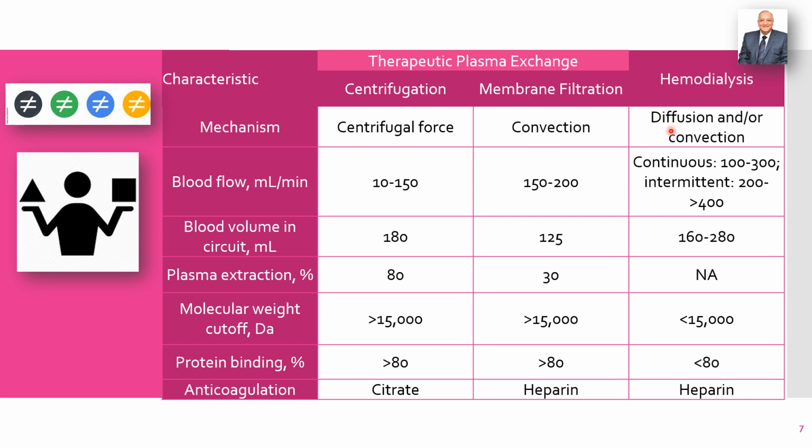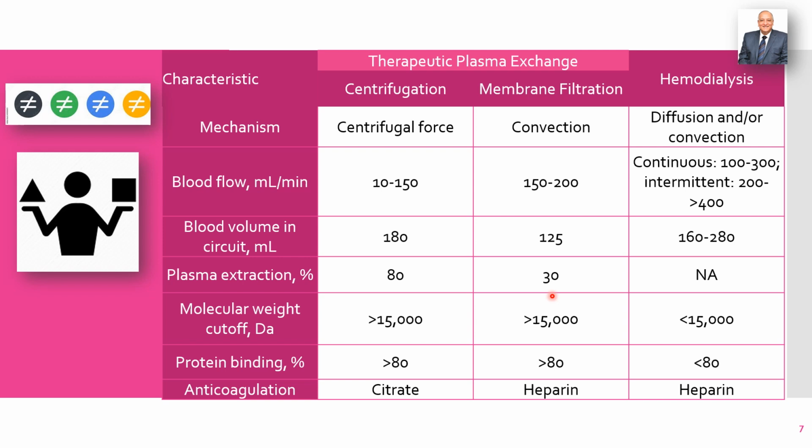being the main way in hemodialysis. Centrifugation needs lower blood flow, and you can use peripheral blood access, while membrane filtration and hemodialysis need higher blood flow and central venous access or an arteriovenous fistula. The blood volume inside the circuits is nearly equivalent. The plasma extraction is high for centrifugation by centrifugal force, while the filtration fraction in membrane filtration is really around 30%